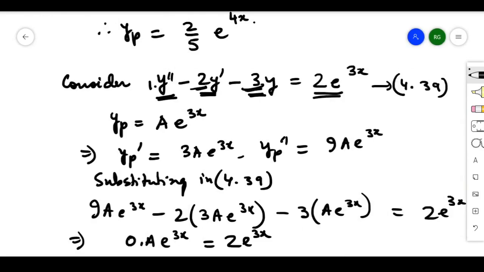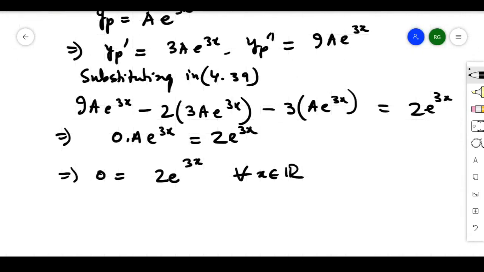All these are real constants which are continuous in R. And also the non-homogeneous term, which is a function of x, is a continuous function on R. So the solution yp is defined for all x belonging to R, and we have seen this is true for all